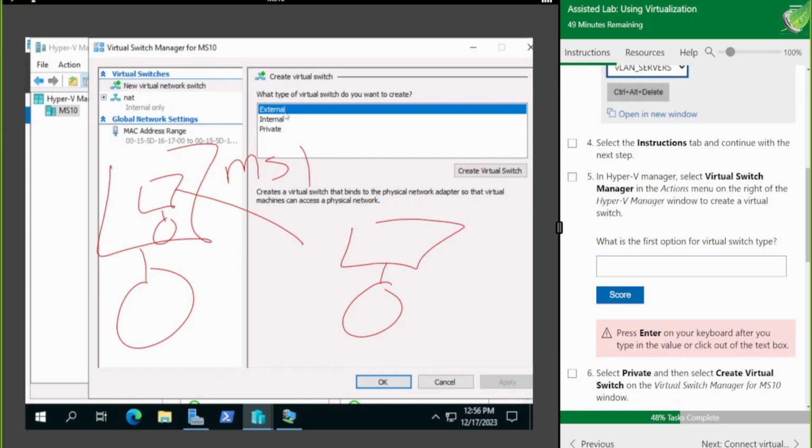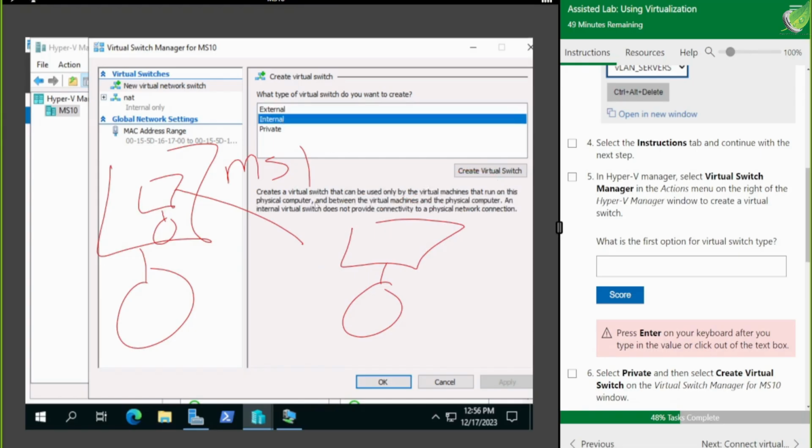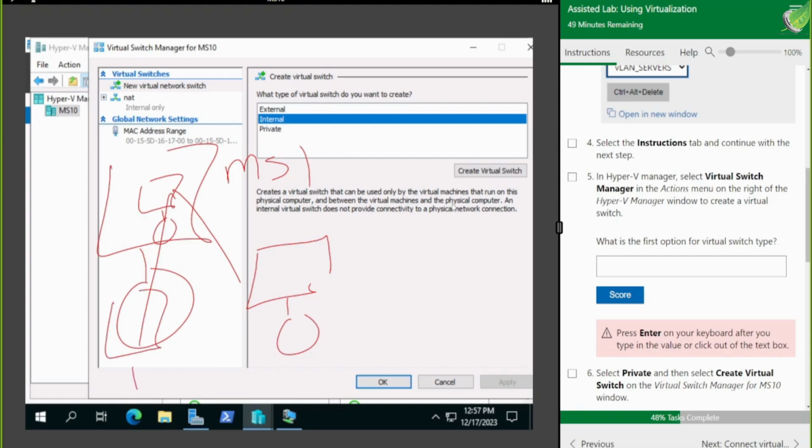If we create an internal switch, this is going to create a virtual switch that can be used only by the virtual machines that run on this physical computer, and between the virtual machines and the physical computer. So it can only be used by the virtual machines we create on this physical computer. If we created more virtual machines on this physical computer, this switch is only going to relay traffic around virtual machines on that physical computer